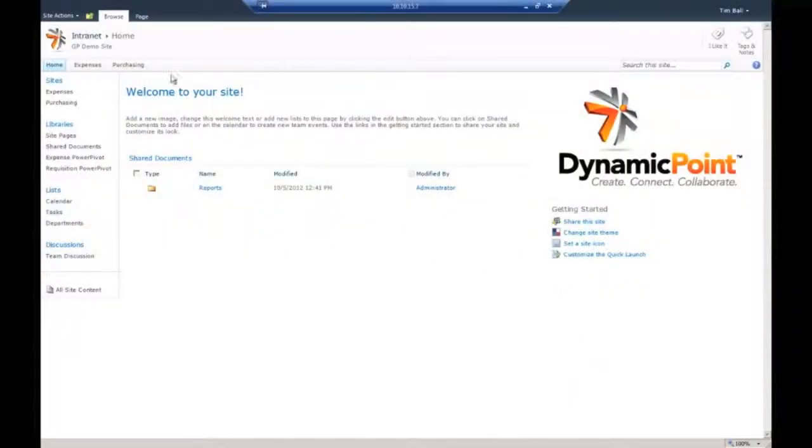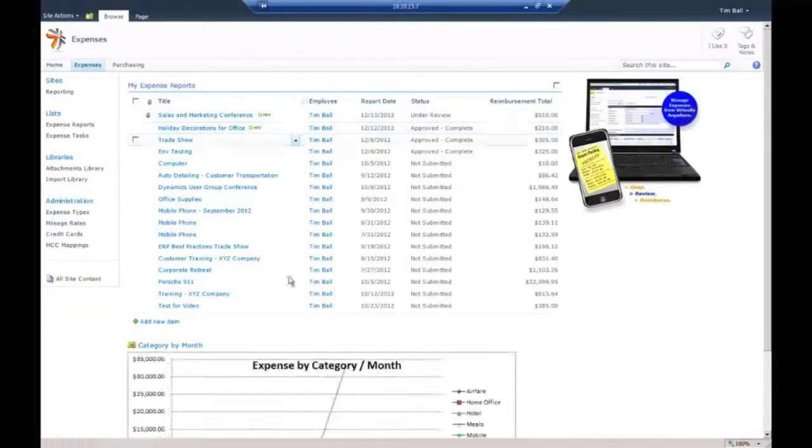I've gone ahead and navigated to our SharePoint homepage where our expense management application is deployed. In your case, you can drop the application anywhere within your corporate intranet, making it easy for employees to access. Additionally, I want to highlight that I'm going to be Tim Ball today in our demonstration environment, creating expense reports on his behalf. So let's go ahead and navigate to Tim's homepage for expenses, and you'll see here